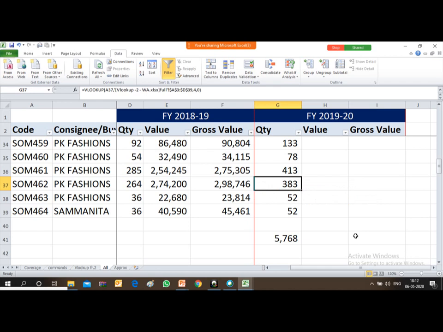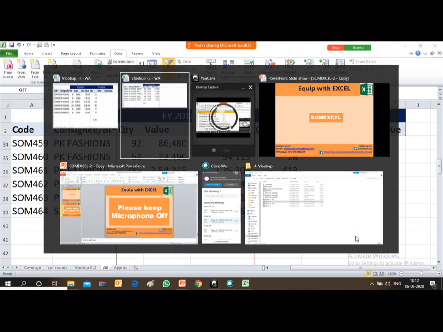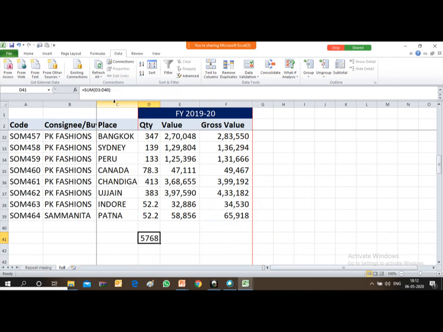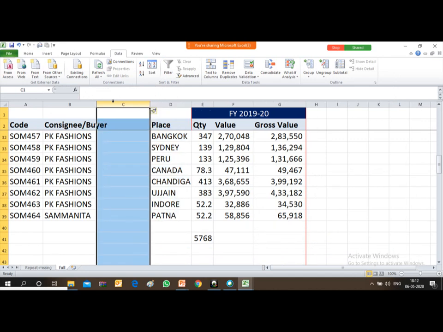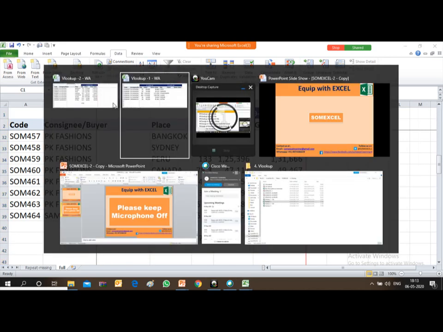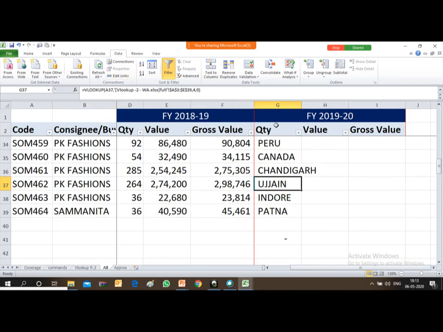So I just forgot, and went on to do my job. Suddenly I inserted one column over here, and I forgot whether I had used VLOOKUP with this file. Now see, friends, in my original file, quantity is not appearing.